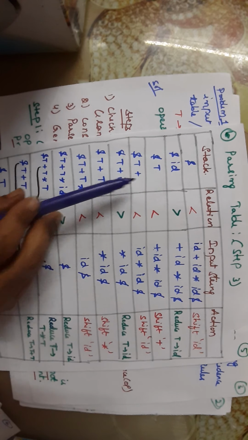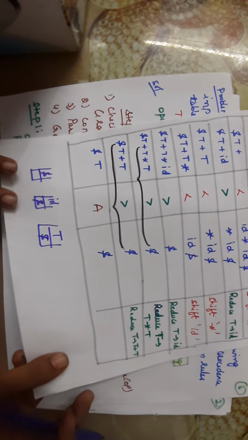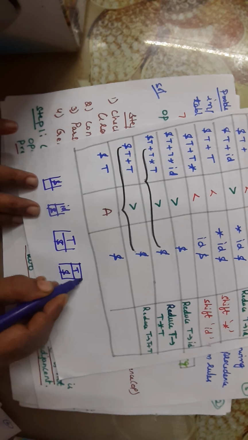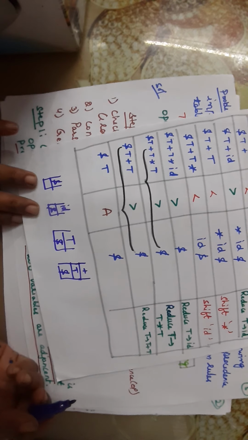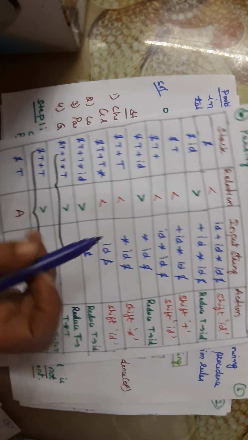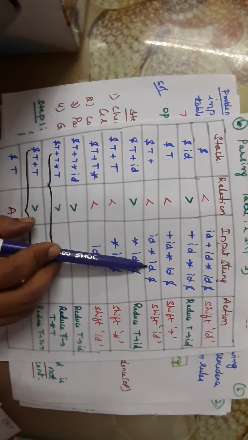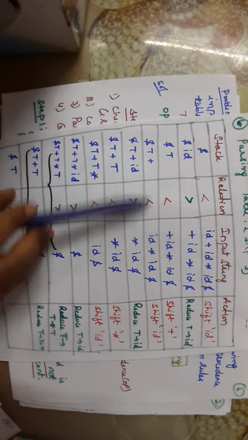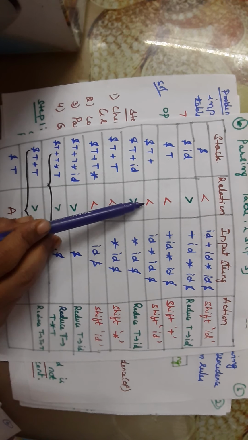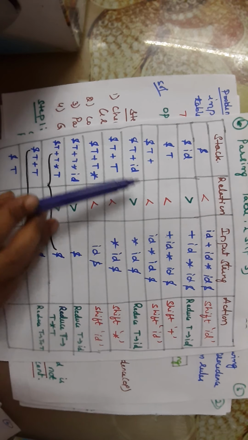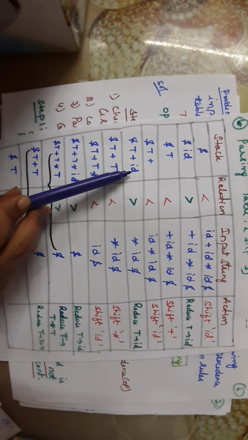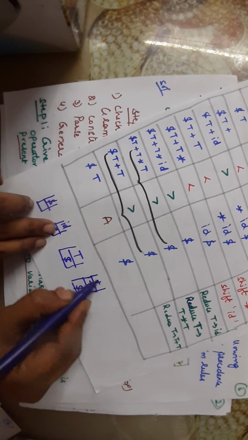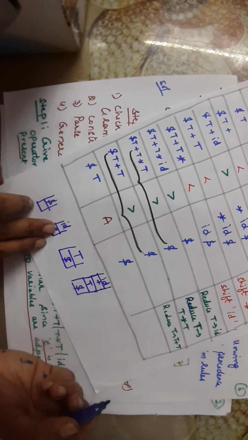It is T plus. Now in the stack we have dollar and T, and upon this we have the plus. So this is the status of the stack now. T plus and id star id will be there. Compare the topmost symbol plus and id. Plus is less than id. So whenever the less than symbol is there, we shift this id. So shift id. Now again compare the topmost symbol id. Upon plus, now we have id when we shift id.